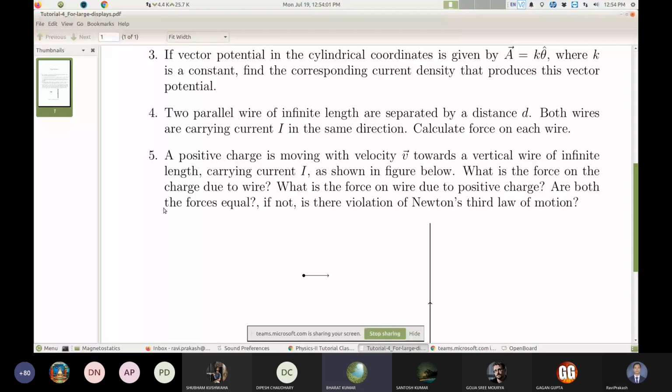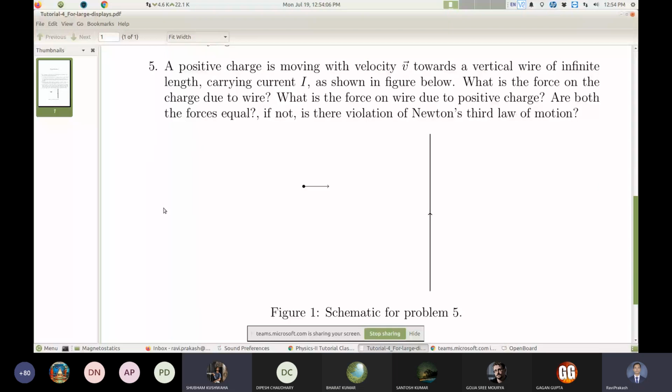Yes, sir. And is there a force on this wire due to this moving charge? Obviously, sir, अगर चार्ज पे है तो वायर पे भी होगा ही. Yes, but how will you calculate force on the wire due to this charge? चार्ज पे वायर की वजह से निकाल के उसको नेगेटिव कर देंगे शायद. That is one way, but can you calculate it directly? सोचना पड़ेगा सर, शायद कर सकते हैं वो भी सर. चार्ज की वजह से मैग्नेटिक फील्ड निकाल के कर सकते हैं ना सर.